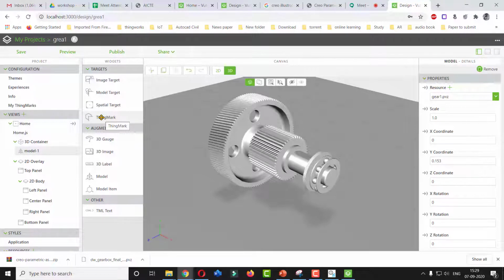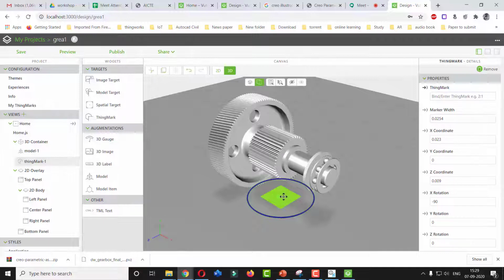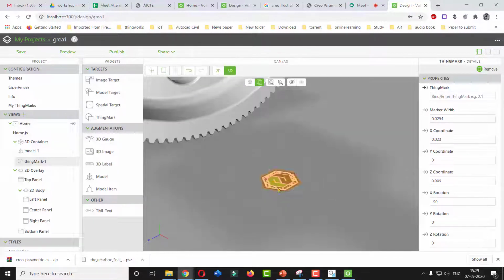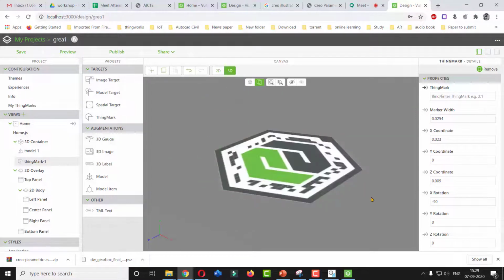So to define that, in the target option we are going to select the thing mark. On the thing mark you have to drag the thing mark and place it over the bottom, or you can place it over the model also. It depends on where you want the barcode. If I zoom this particular barcode, you can see over here it is a simple barcode type.